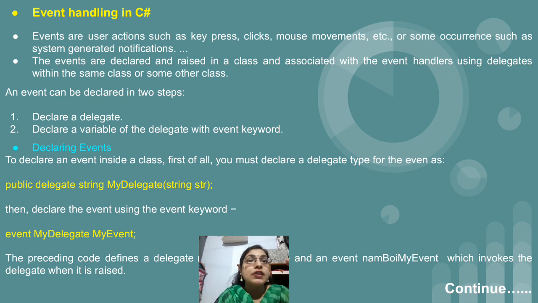Now in this example we have created my delegate, so that should be along with the event. We cannot write any name. The delegate which we have created before the event creation, that only we have to refer. So after writing the event keyword, just write down the name of the delegate which you have declared, and after that the name of the event. The rules and regulations for the declaration are the same. Space should not be there, it should not start with numbers. We should not have special symbols or characters other than underscore. So the rules and regulations which are there for variable declaration, the same are there for event name and delegate name.